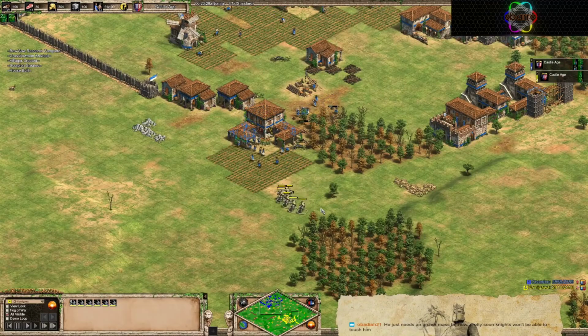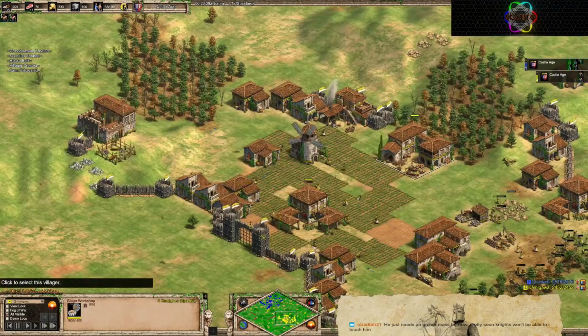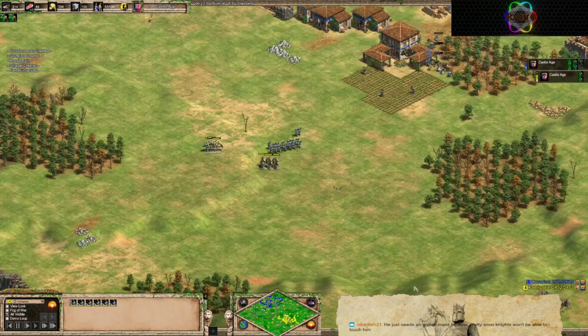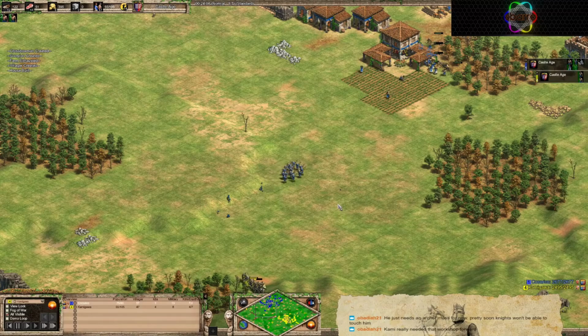Scorpion coming out. Scorpions, Kami. I like it. You don't have to invest into upgrades for skirmishers, and a few scorpions should be able to do the trick. Kami forgot where his knights were going. Those archers are sneaking up on him fast, and I do like Basket's idea of eventually going into